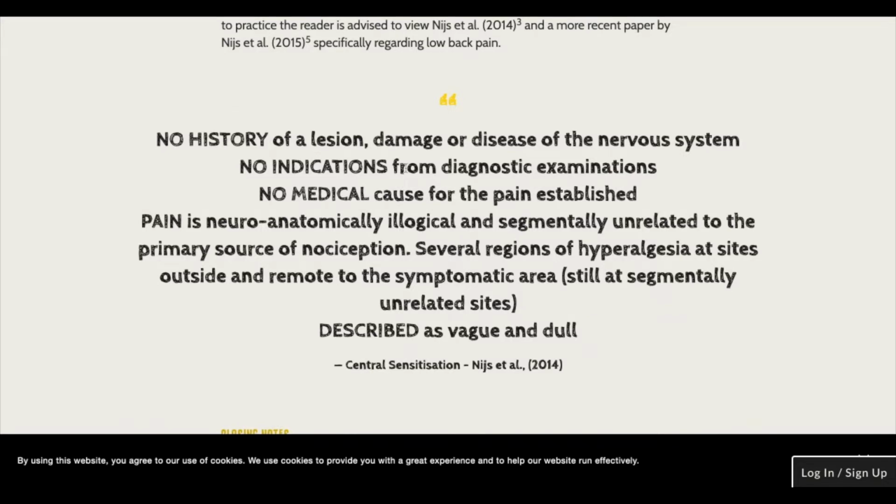This one has no history of an injury, damage, or any lesion. This one doesn't have a typical pattern when we do our neuro exam. It doesn't conform to a nerve root. It doesn't conform to a peripheral nerve. It's aching, it's vague, it's dull, it moves. This is anatomically illogical, but when we understand what pain is about, it is much more typically what we see. This is 90 to 95% of your back and neck pain presentations, i.e. there is no clear injury, there is no clear nociceptive explanation for pain.